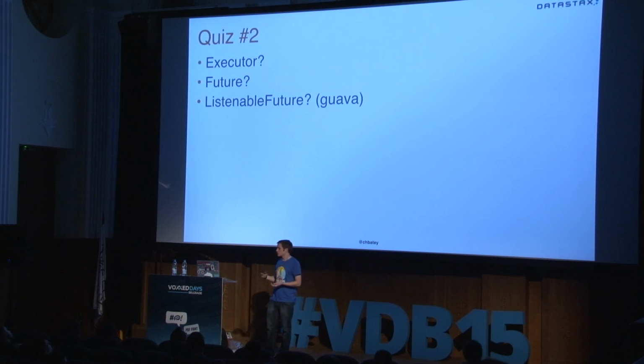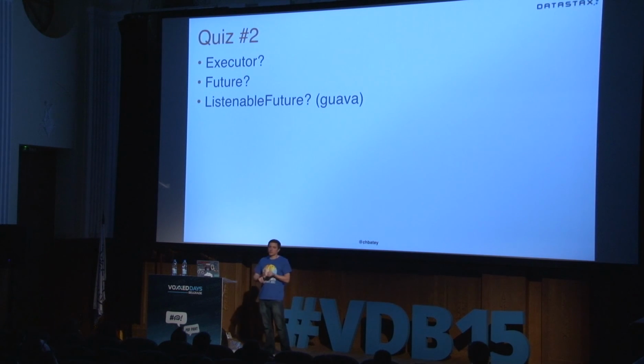For those of you who haven't come across futures, it essentially means I'm going to have this value. It could be from a database, it could be from the file system, it could be from a long computation, but it's not there yet. It'll be there sometime in the future. And pretty much the only thing you can do with a Java future is call get, which then blocks. Doesn't seem very useful to me.